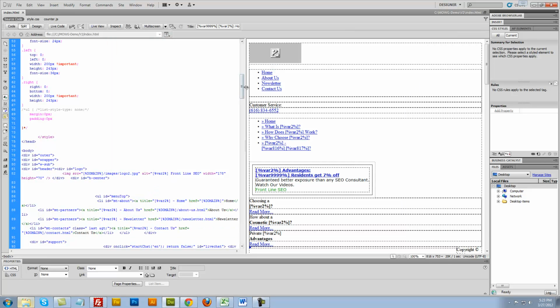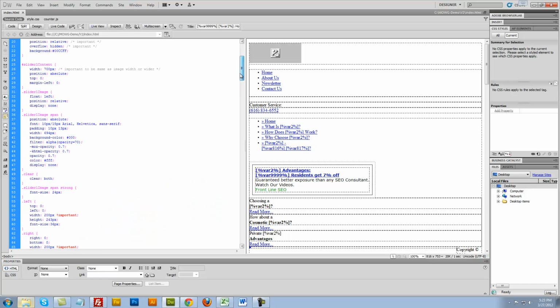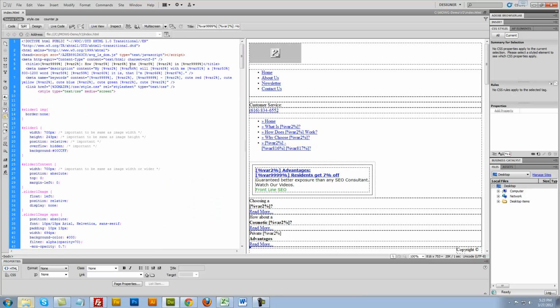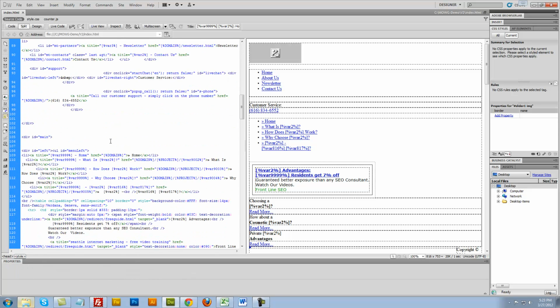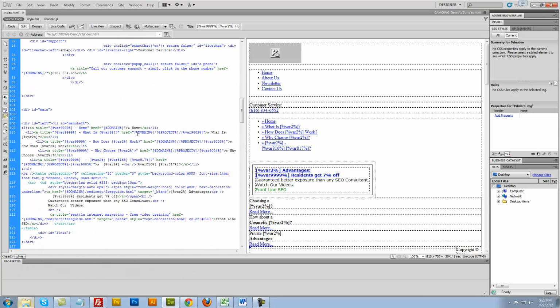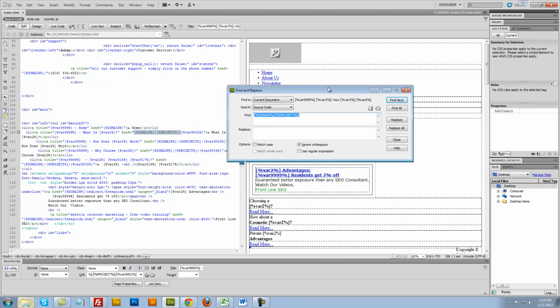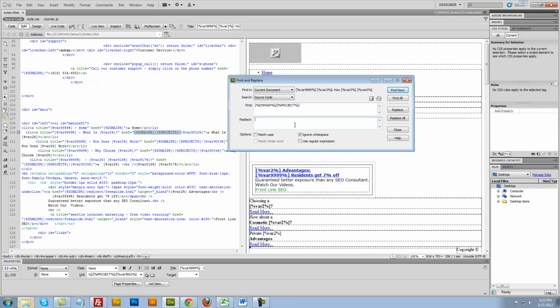Now what I'm going to do is find every instance of project and take it out, because when you run it for a subdomain, or where you want to run it right into the root, you don't have a project token. You just have domain. So Control C to copy, Control F to bring up the find and replace, and you're going to take every instance